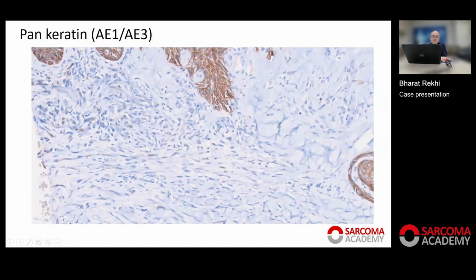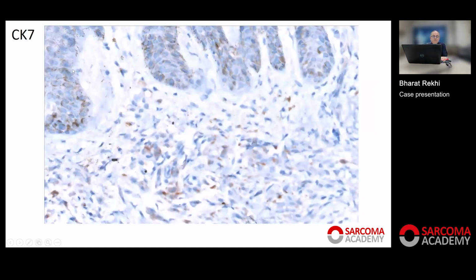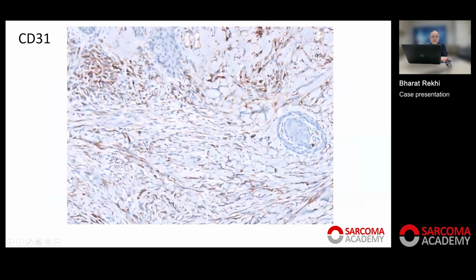It's nicely positive. We proceeded further with CK7, with a thought perhaps we're dealing with some sort of sarcomatoid carcinoma, and that was focally, again, positive, but very distinctly positive. So this tumor is spindle cell and showing epithelial marker differentiation, and the scenario is multifocal. We went ahead with,